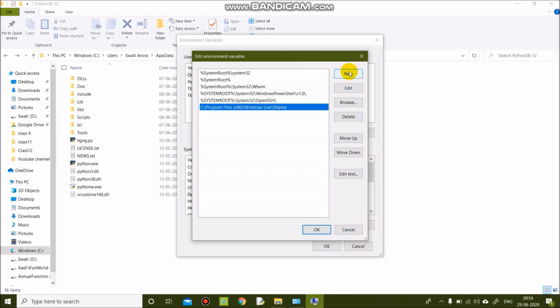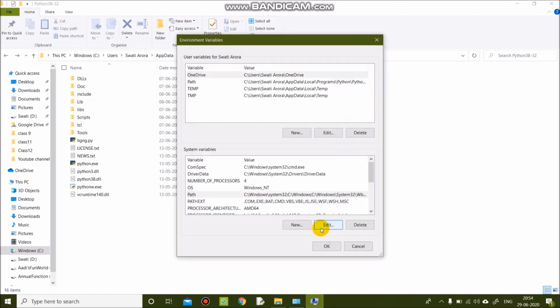Now if you do not see it, then click on this New button, and now right click here and paste that Python path, and then you will see that this Python path is added.